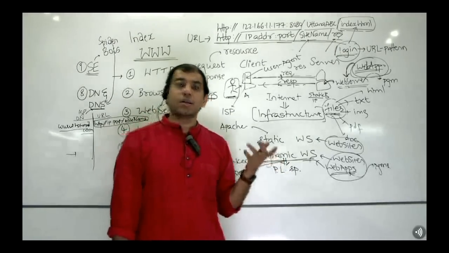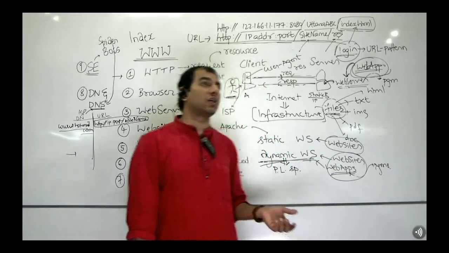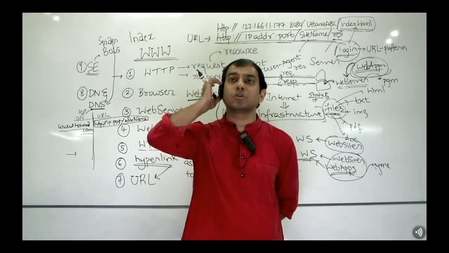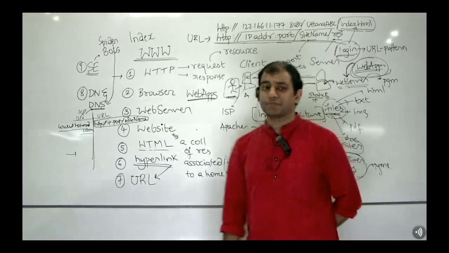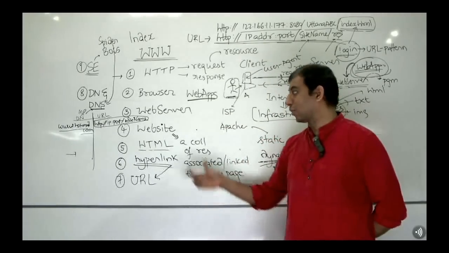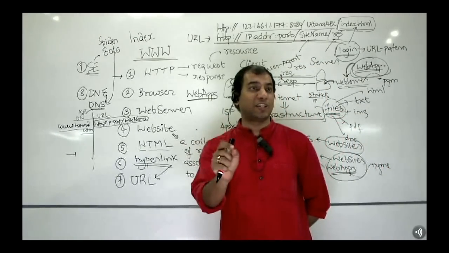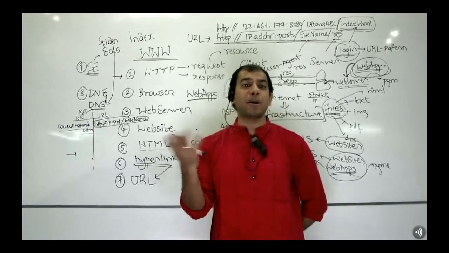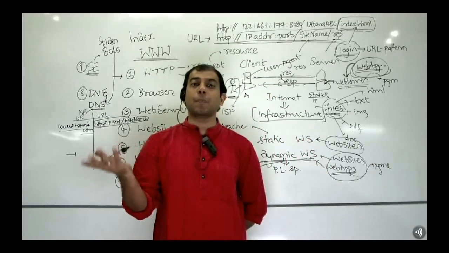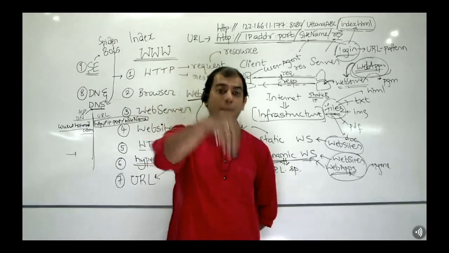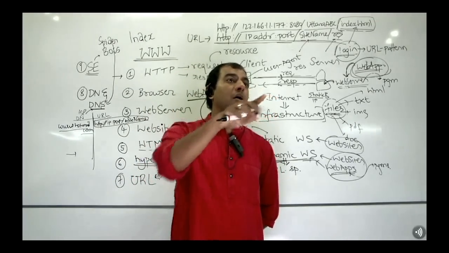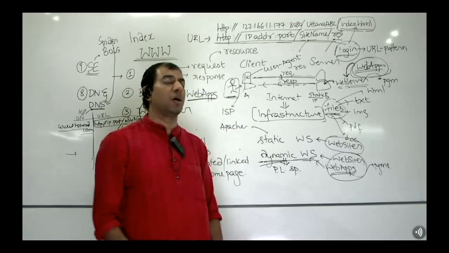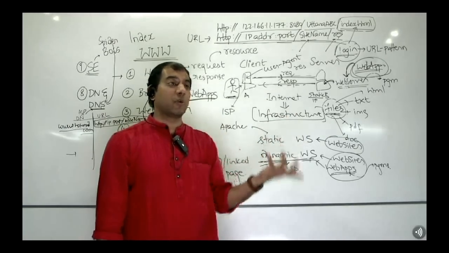Are you with me? There's something called IIS. What does IIS allow you to host? Web apps where the programs are built on what language? .NET. Thank you. IIS is a web server which allows you to host .NET based web applications, right? Then you have PHP Apache server. What does PHP Apache server help you to do? Deploy web apps where the programs are built on PHP. Then you have Python based web servers, Ruby based web servers, Scala based web servers, Django based, Groovy based web servers, and so on and so forth.